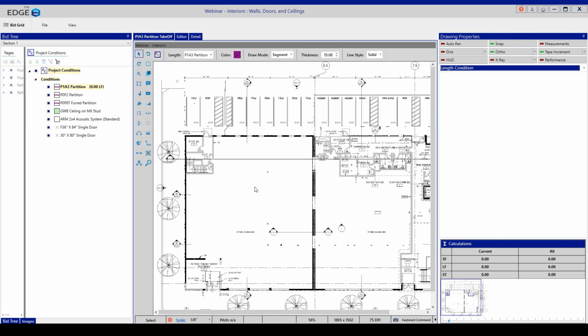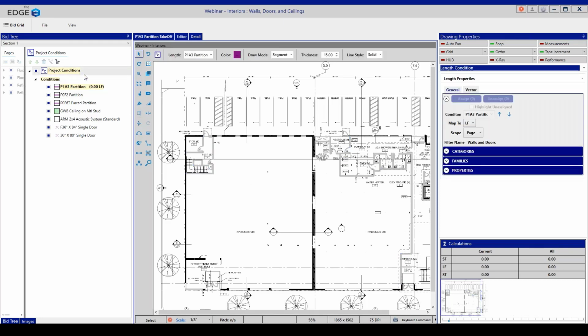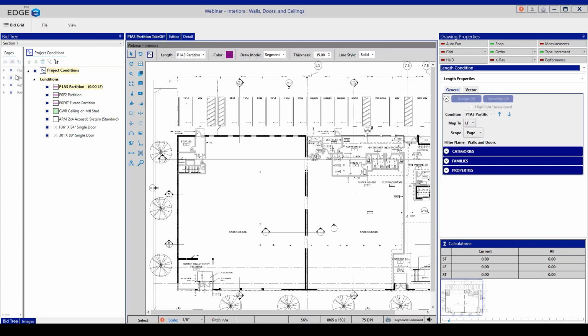And if you're not familiar with it, this is the project conditions pane that you'll see on the left-hand side here. We've got our pages list on the far left-hand side. And now in the middle is the background image, the same one that we saw in Vector on the web. All right, so I would select my condition, and I would just choose what plan I want to start with, which, of course, just as if you were drawing your takeoff, you want to start with your level 1 floor